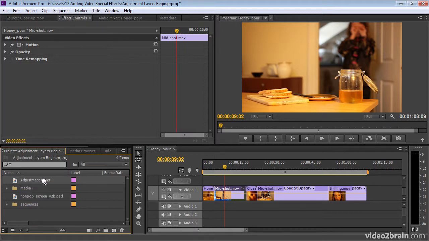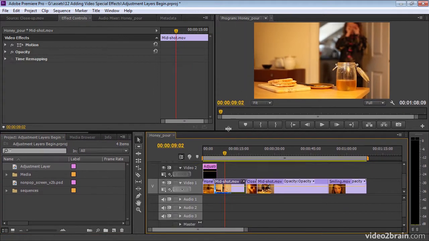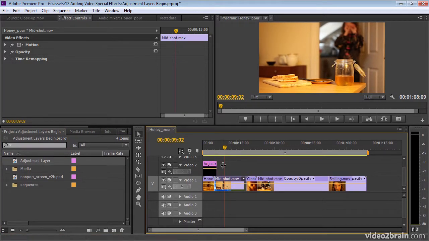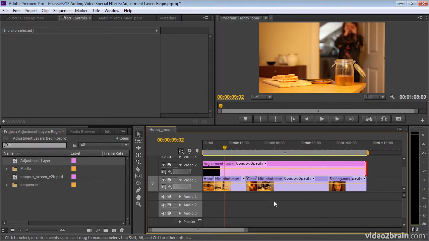I'm going to drag and drop this onto the timeline, and I'm going to put it onto video 2. So it's in front of video 1. Anything above is in front in Premiere Pro. And now I'm going to click on the edge of this, and I'm going to drag to resize it. I'm going to trim this out to make it the duration of my sequence, or at least the duration of these clips. Now I've got snapping turned on the timeline, so it's just going to fill out and snap to